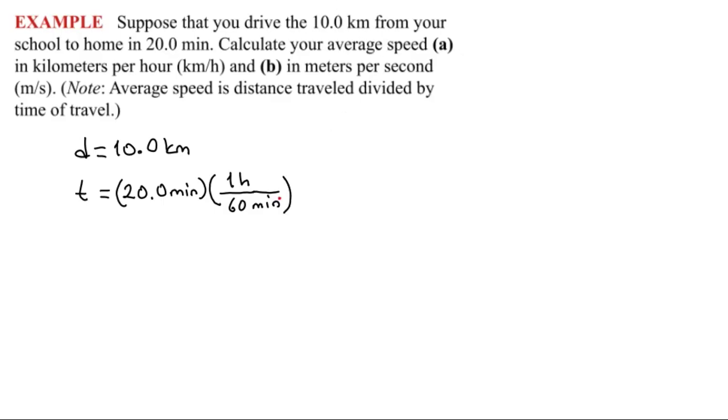After the simplification, minutes cancel and hour is the surviving unit here. It is 1/3 of an hour, 1/3 hours. So now average speed is distance traveled by time. Therefore, speed is distance over time,